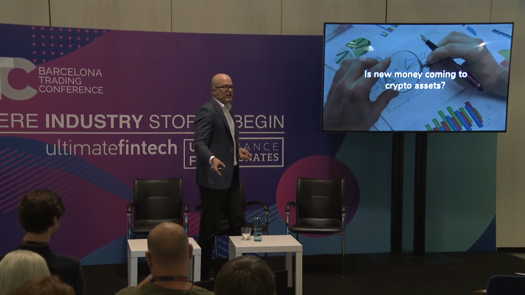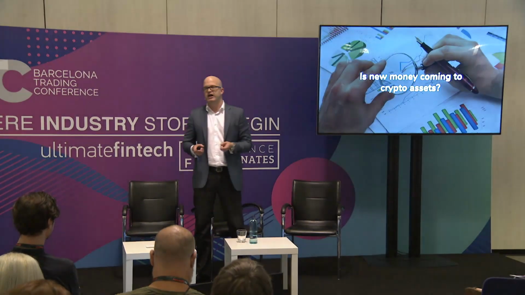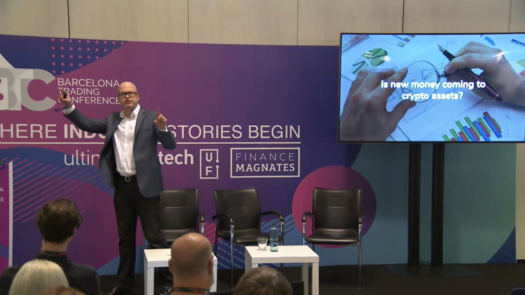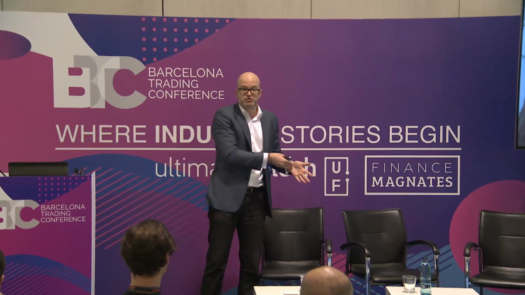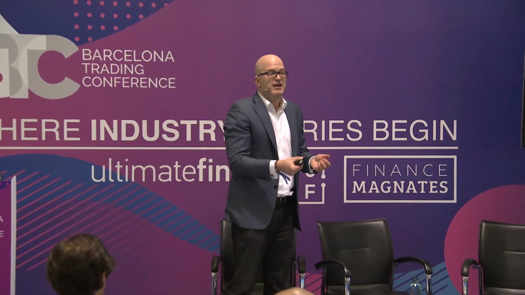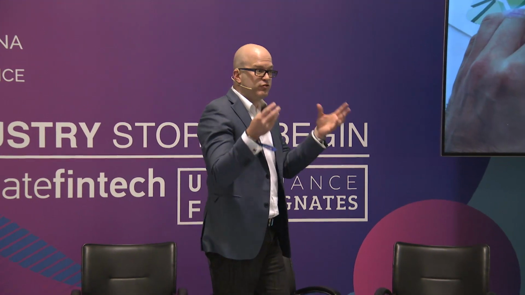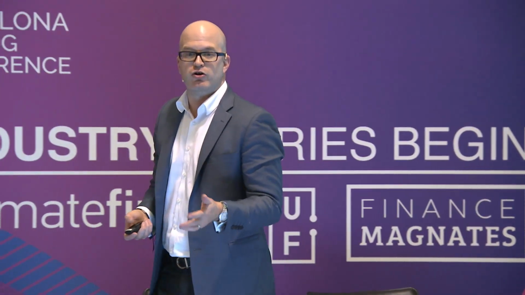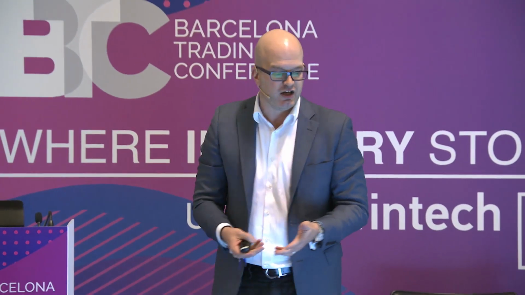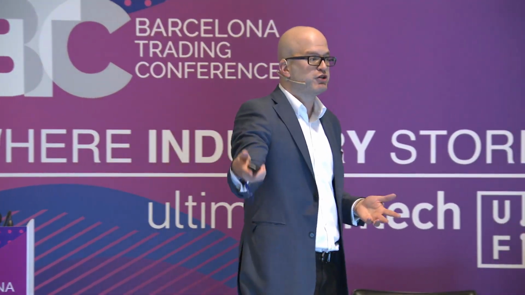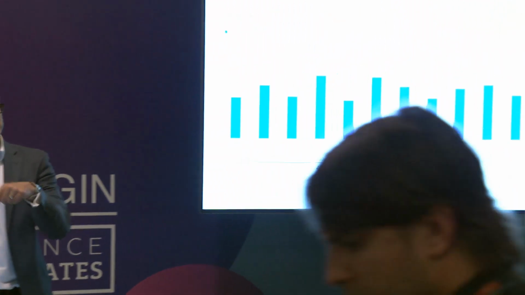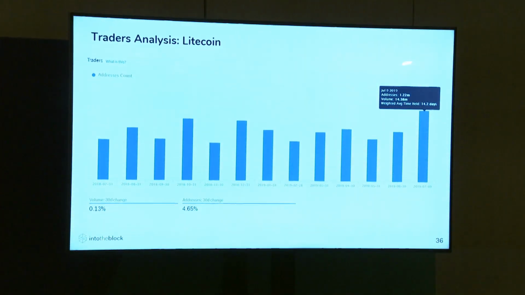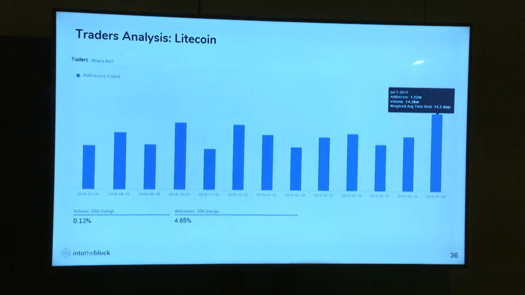Another analysis is new money coming into crypto assets. Remember the picture of Bitcoin. Everybody's making money, so who sells? New money. If new addresses come in, they buy. So when you look at a token, the percentage of new investors is important. This is a picture of Litecoin. You see Litecoin has been moving a lot lately. It's healthy. You see a ton of new addresses, a ton of new money coming in. That's fueling the price. We can see that because we're looking inside the blockchain. You cannot see that by just looking at price and volume.